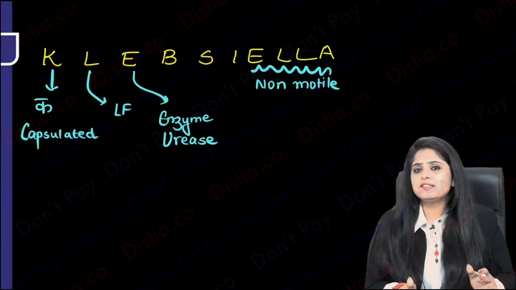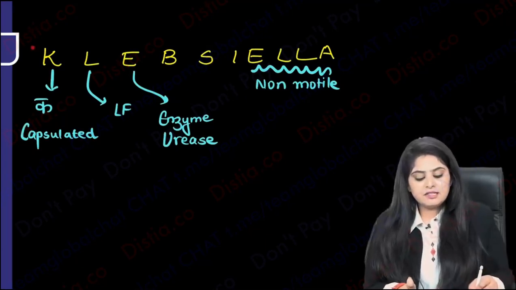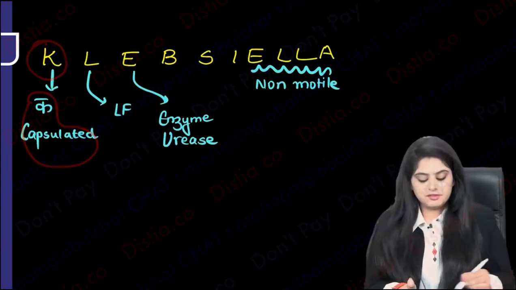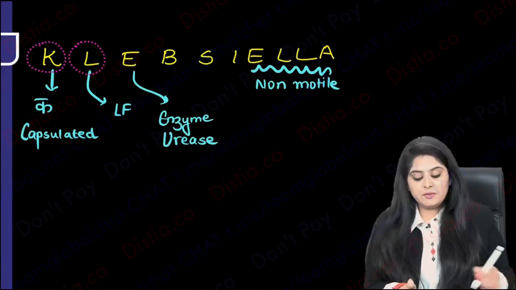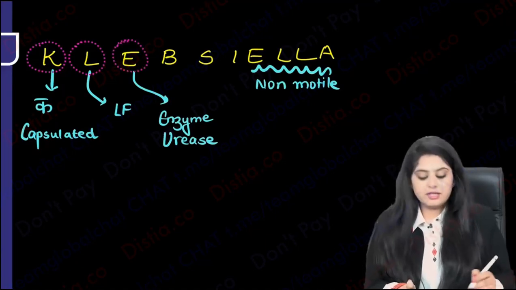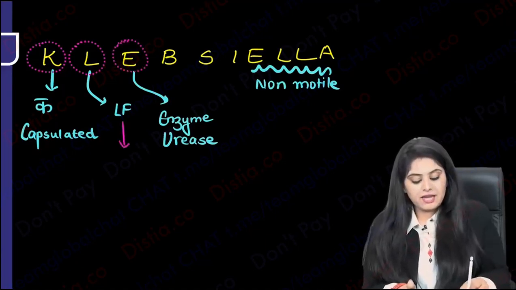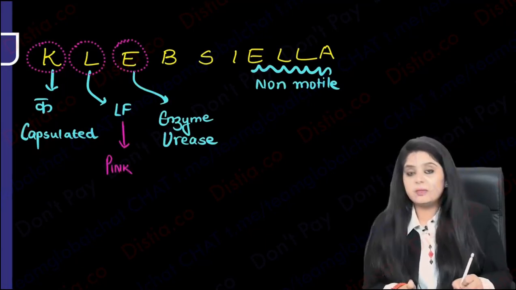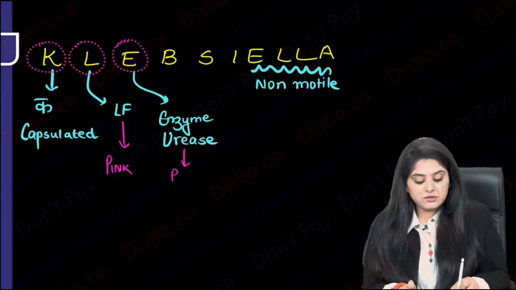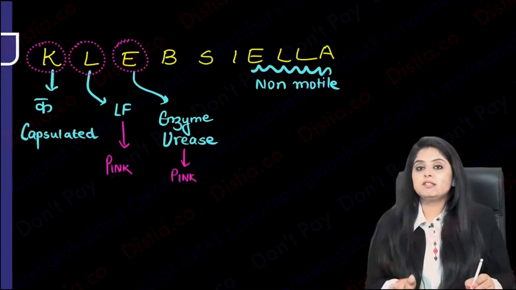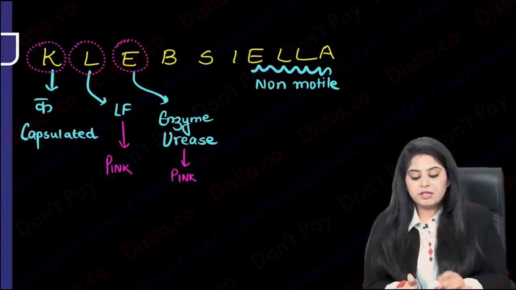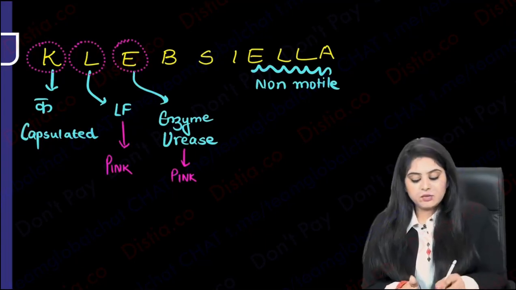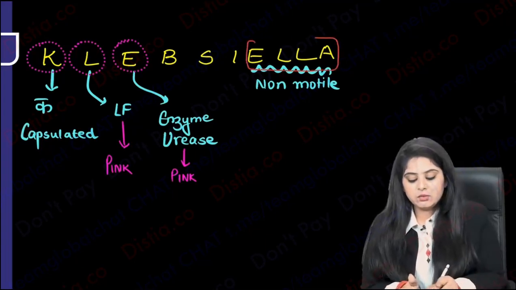If I want to summarize this entire Klebsiella, first I can say Klebsiella, K for capsule. Then I told you that it is also going to be a lactose fermenter, and it's going to have a very important enzyme called urease. Lactose fermentation on MacConkey gives you pink color, and urease test is also going to give you a pink color. Remember, punch and kiss, whether you get a punch you turn pink, whether you get a kiss you turn pink. So both of them are going to give you a pink color. Then finally I told you, indole negative. It will tell you that it is not motile. This is a non-motile organism.